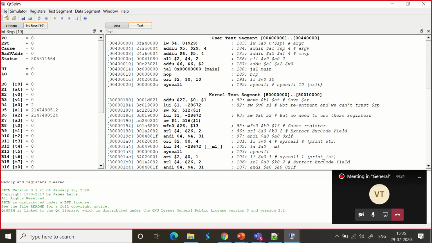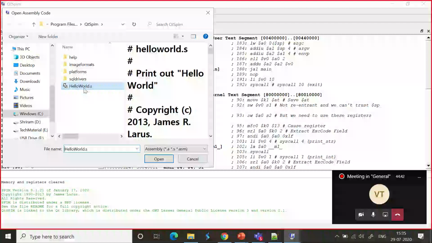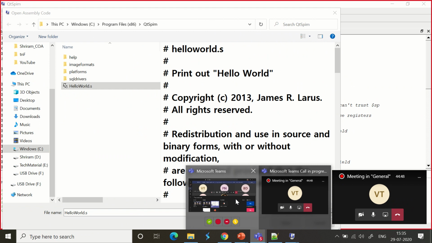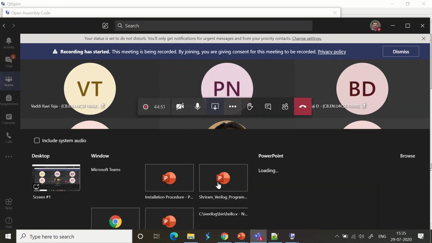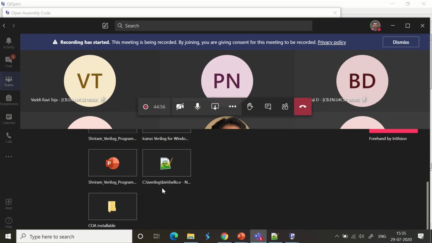Now in this tool, I've got multiple options available here. This is called File, where you will load the file. Your assembly language code should be loaded from here. When you click load file, it will open the complete directory structure, and wherever you want you can select it. By default, there is one file made available for us to test, called the Hello World program, as usual. I'm going to show you that screen also right now, so that you can understand how exactly this is working.